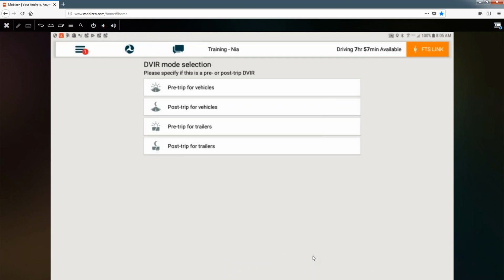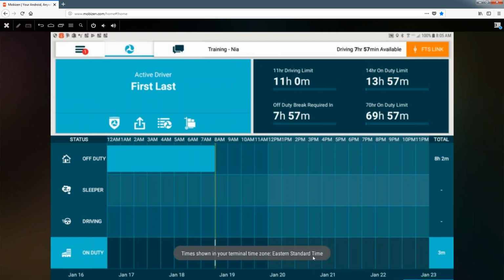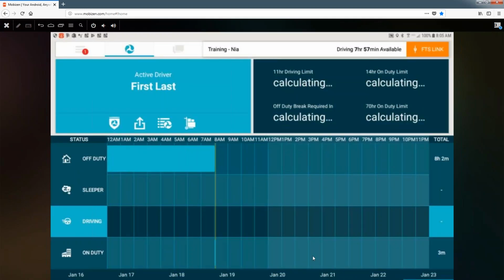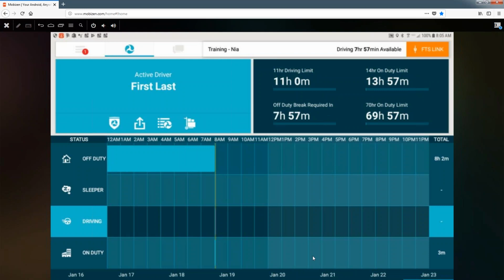Once you finish with your pre-trip, auto duty status is set up on your account. That means you can literally get in your tractor and start to drive. The system will automatically change you over to driving. You don't have to do anything. If you're moving for 5 minutes or at least at 5 miles per hour, the system will automatically change you